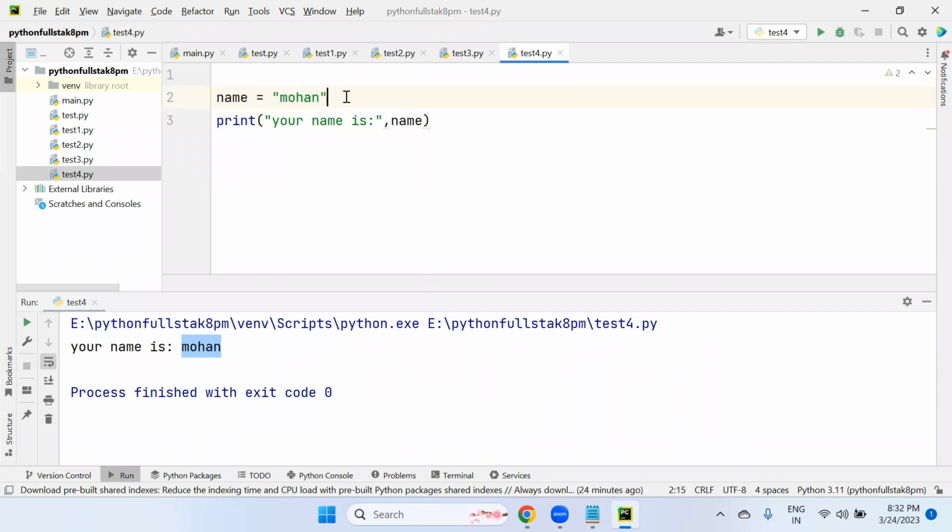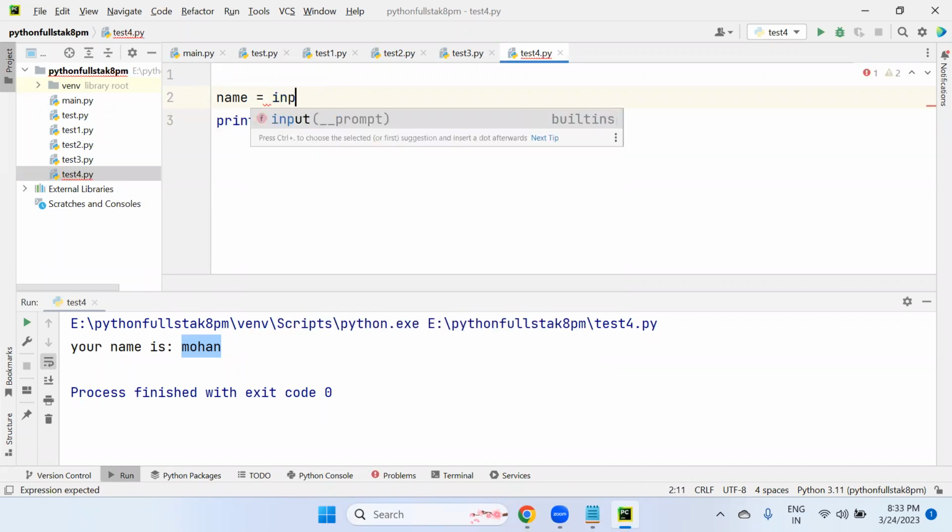So normally in C language, I'm just comparing, printf is there. printf is for output. Here also in Python, print is there. This is for output. What you want to display as output statement, that is print. But in C language, to accept or to take values from user inputs, that is scanf. But in Python, we use what function? To accept values at runtime, the input function is there.